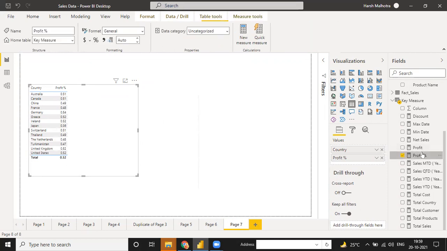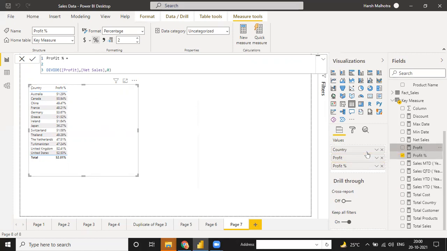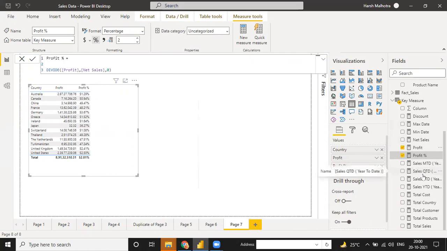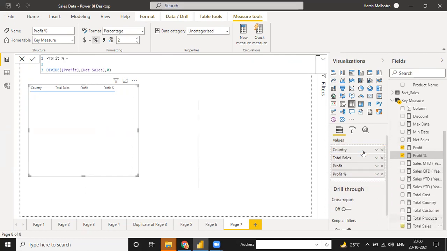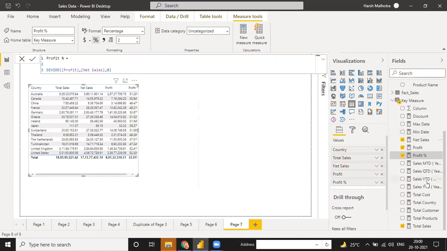And this profit percentage, I can just drag into this percentage column. See, this profit percentage, I'm taking profit also, sales also, and net sales also, and cost also.